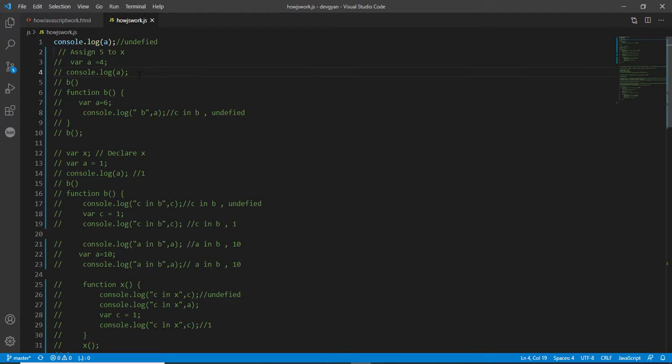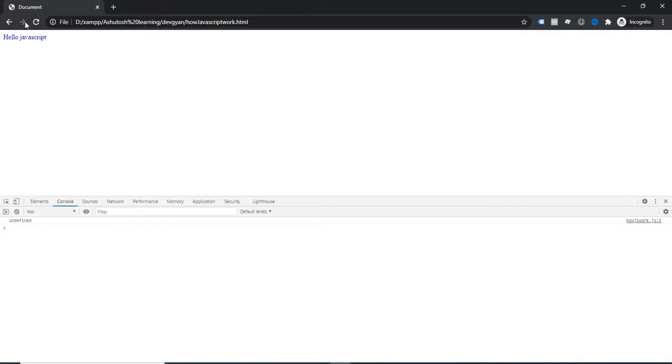If I refresh this page on the browser, you can notice that now the output is different. Here the output is an error in red color: Uncaught ReferenceError, a is not defined. Why is it like that? Why is it an error? Previously it was undefined.